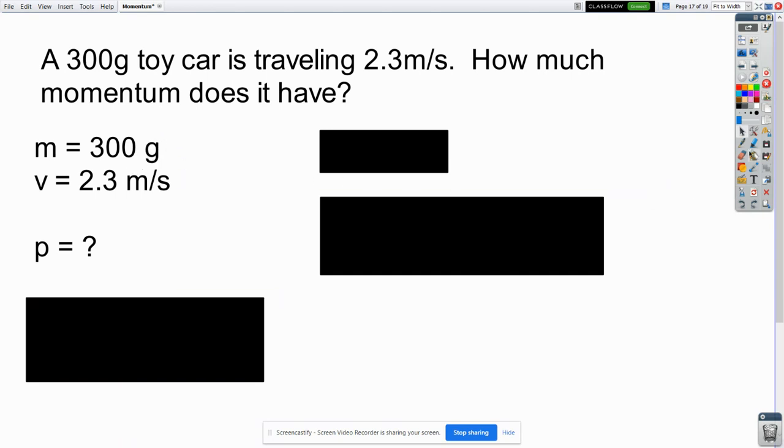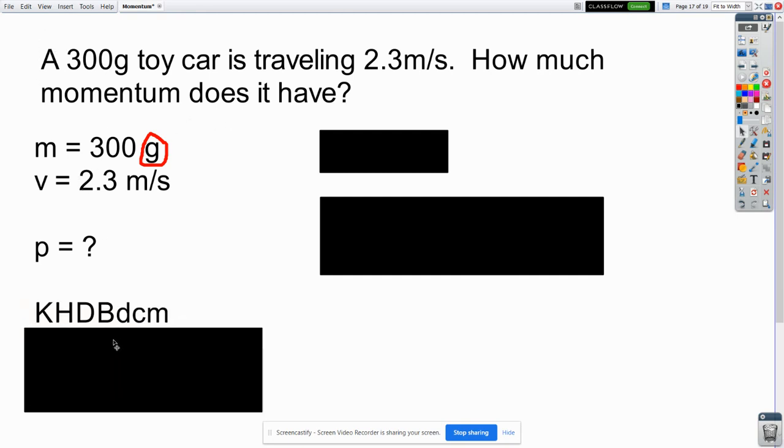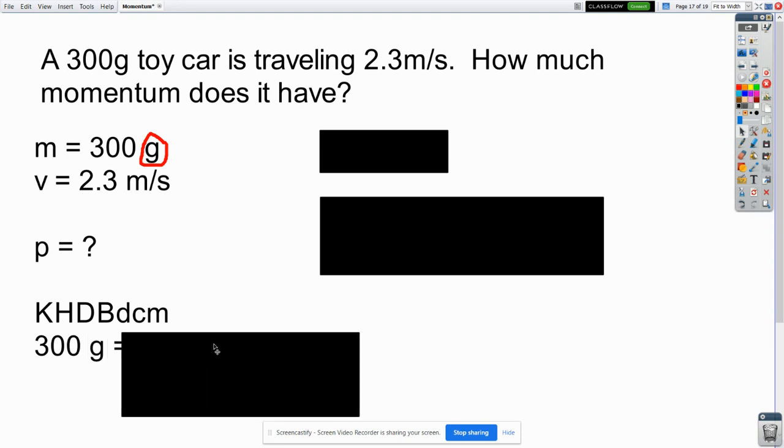This mass is in grams. And to do momentum problems, we most likely are going to want our standard units of kilograms meters per second. This would give us grams meters per second, which is not very commonly used. So we want to convert the grams into kilograms. We can do that metrically, again, because that's what the metric system was meant for. It was meant for simple conversions. Grams are a base unit. So right here,